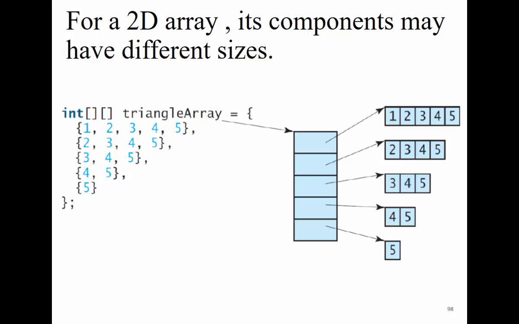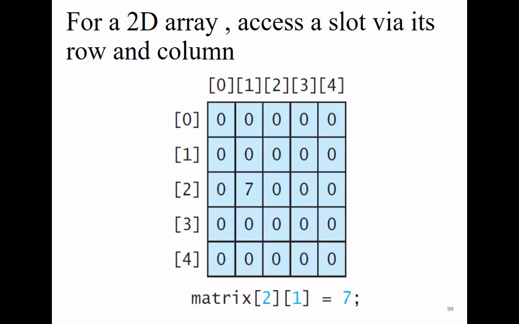I can have a 2-dimensional array where for the columns I have a different size. Now, if I want to change one element, I can access the second row, or third row. Third row, because indexes start from 0. Third row, second column, I have changed the value. I assign the value similar to the 1 dimension.